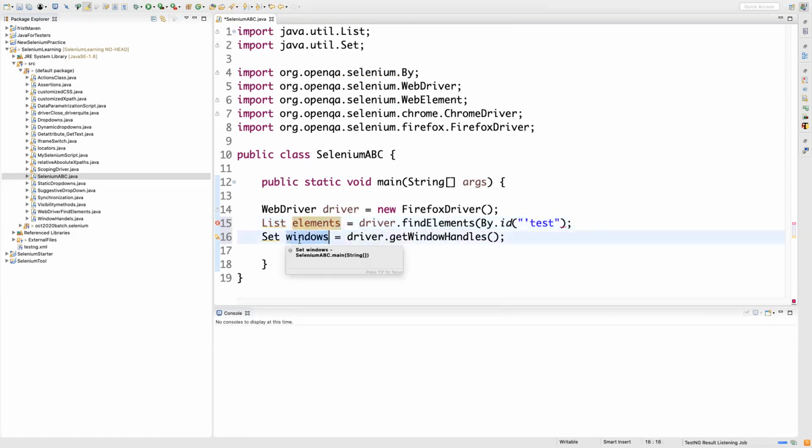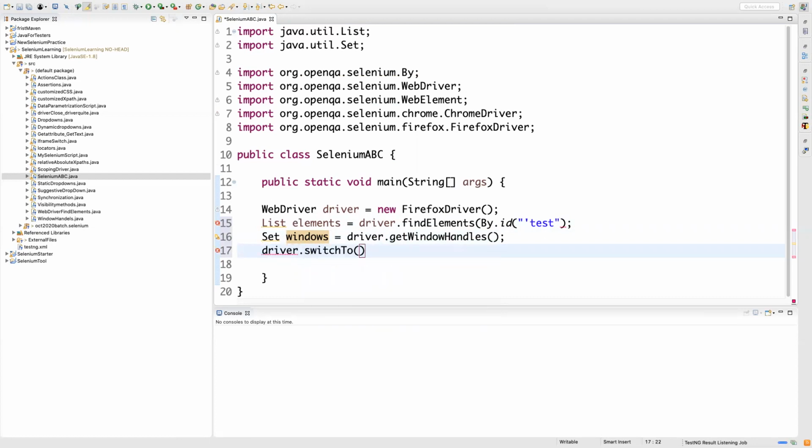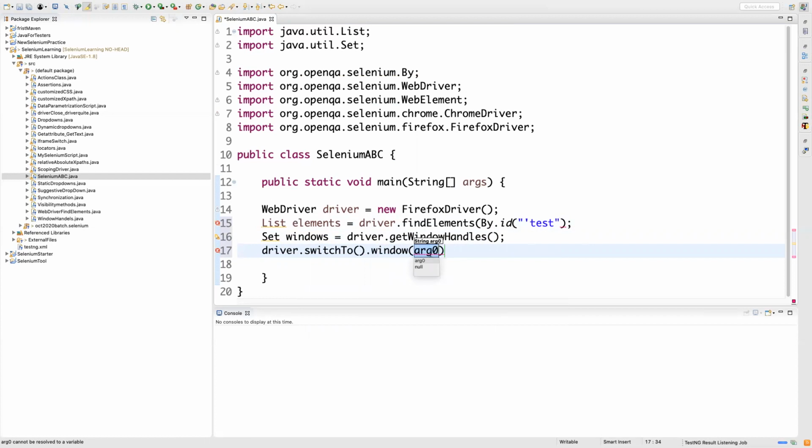But now when we want to know, okay, can you please give me all the active windows, or all which are in session, we are not interested to get duplicates, right? Because ultimately we have to switch the context. Here finally, using driver dot, we use the switchTo method. Using the switchTo method, we switch to a particular window ID, whatever window ID you get.